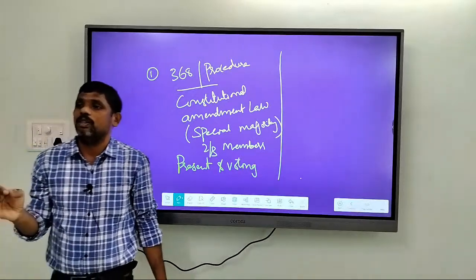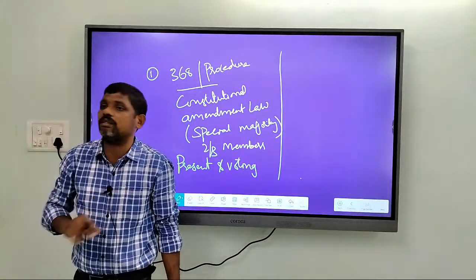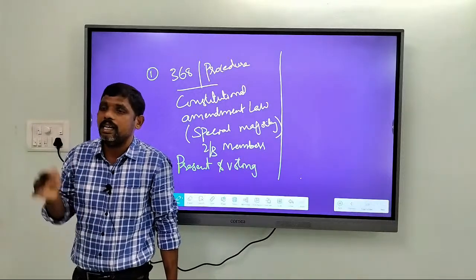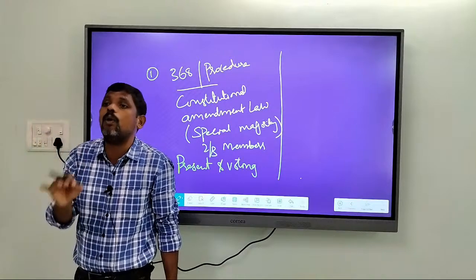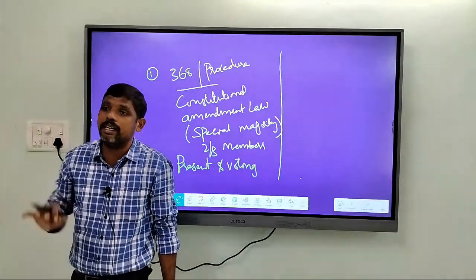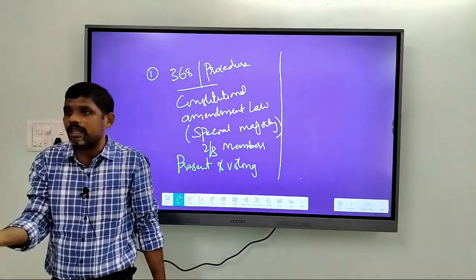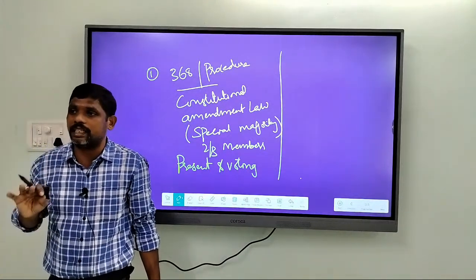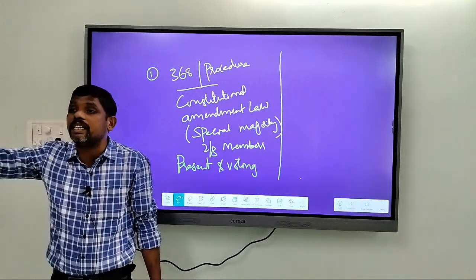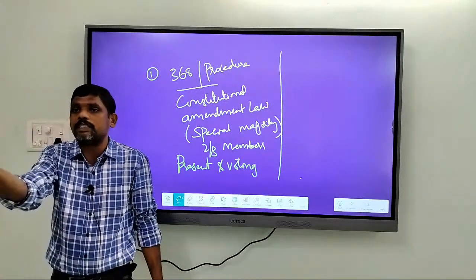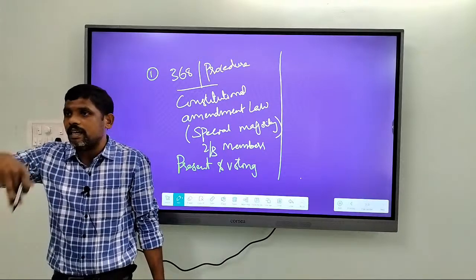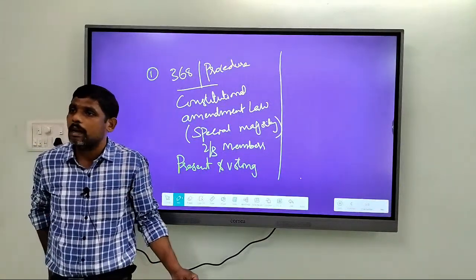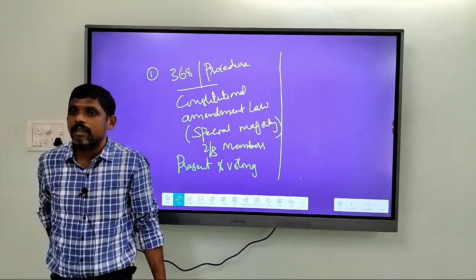States have no role. Without the consent or agreement of states, or without the interest of states being taken into consideration, the government of India alone can admit any new territory into the Indian Union. Similarly, the government of India alone can transfer Indian territory to other countries. Just as we accept other territories into the Indian Union, we can also transfer Indian territory to other countries. We have seen this in the case of Berubari, a village in West Bengal, and in the most recent controversy,